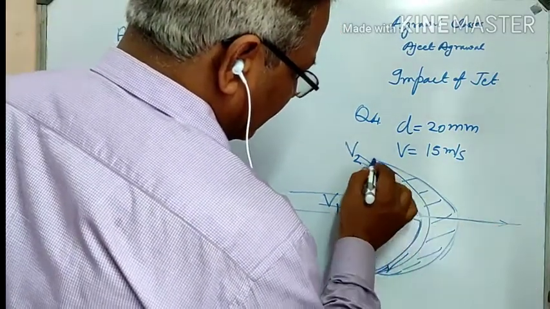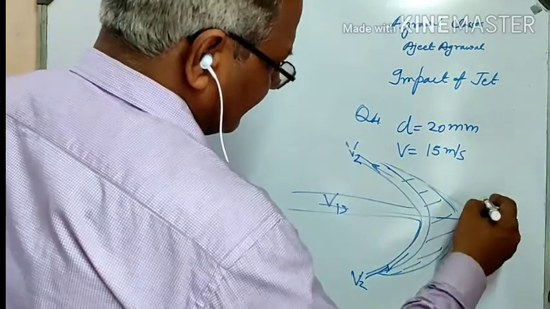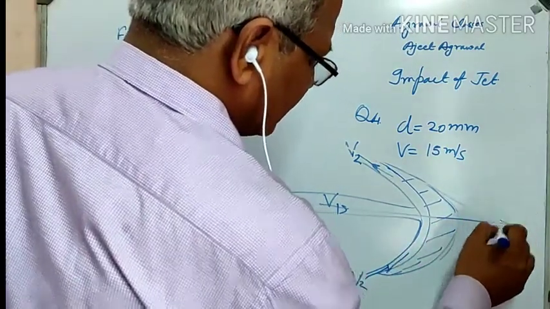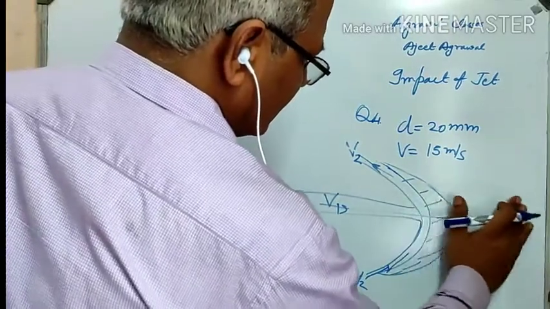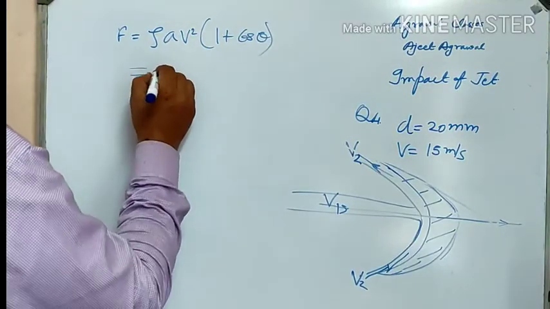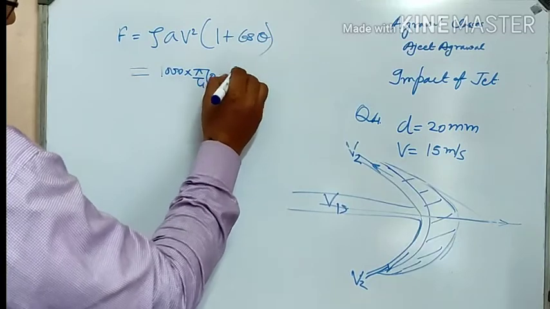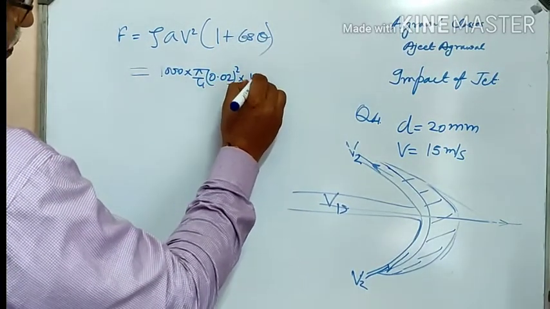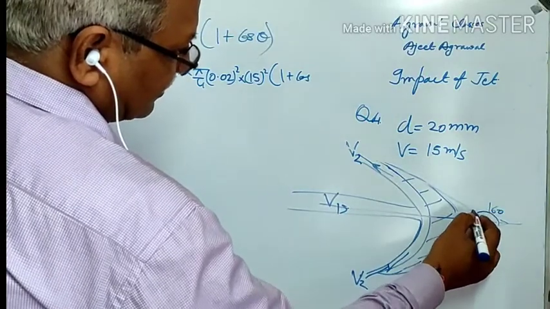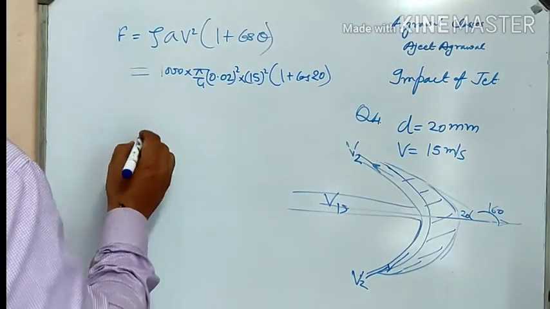This is the direction of the jet and this is the leaving direction, so this angle is given as 160 degrees. Now we substitute the values: rho 1000 multiplied by a, pi by 4 d square, 0.20 square because we are writing in meters, multiplied by 15 velocity square, (1 plus cos of), here the jet is deflected by 160 degrees, so this angle will be equal to 20 degrees, so it is cos 20. Substituting this value, you will get the answer as